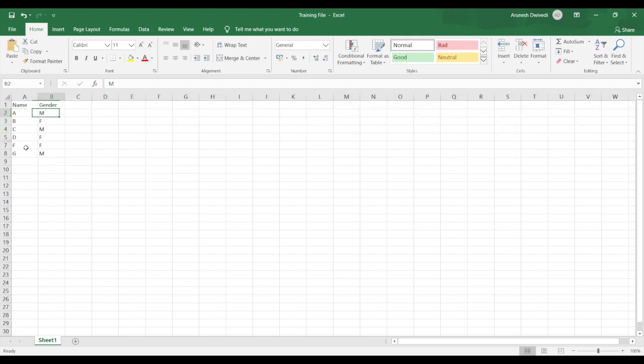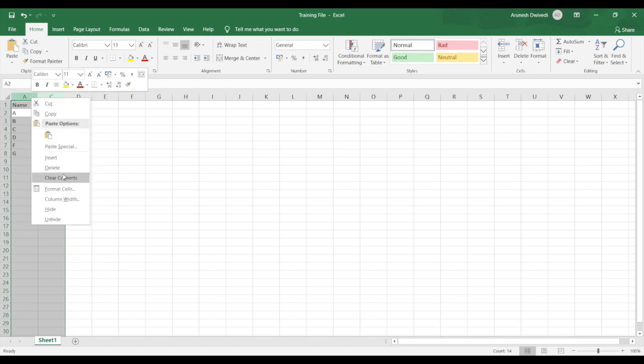Similarly, let's say I want to hide column B. So first I'll select the column by pressing Control Spacebar, and then to hide the column you press Control 0. To unhide, unfortunately, Control Shift 0 does not work like in the case of rows where Control Shift 9 works. So here you don't have an option. You need to select both the columns, right click and press unhide.